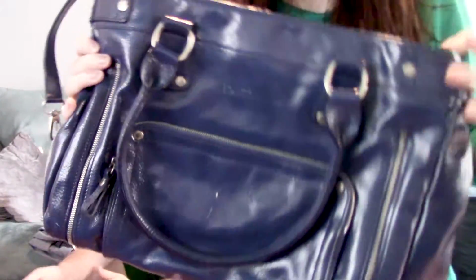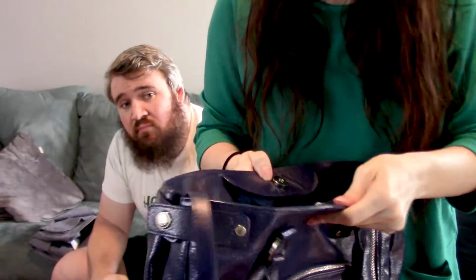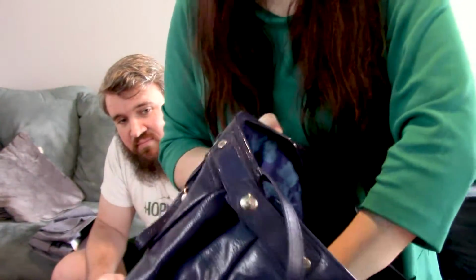So this is a Longchamp bag. This is not the typical Longchamp that you would see, but I actually found it by feeling it. I felt it through the racks, and I was like, oh, this feels really nice. I think I want it. And I saw the